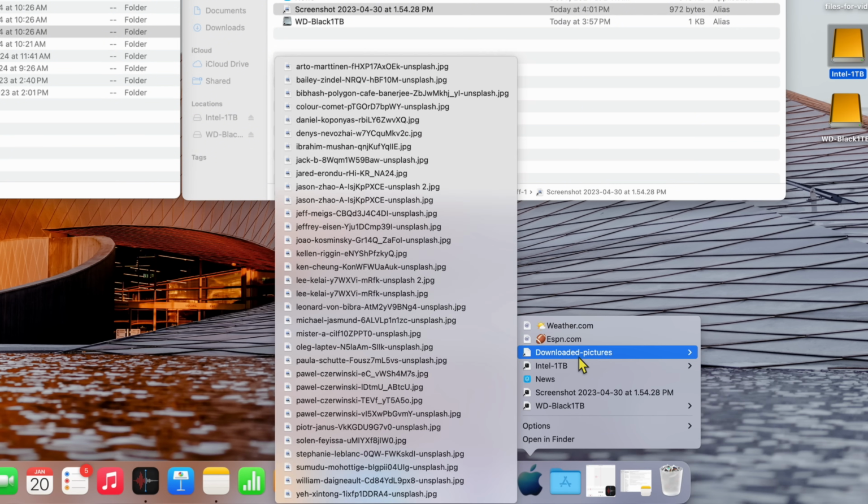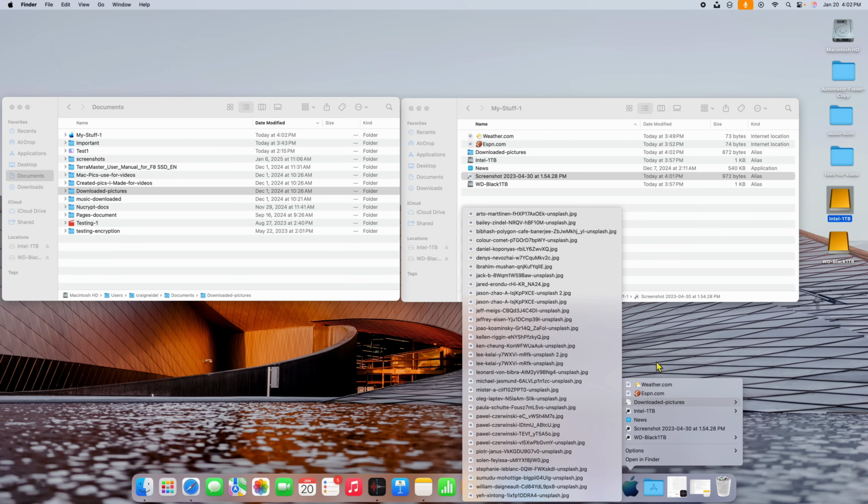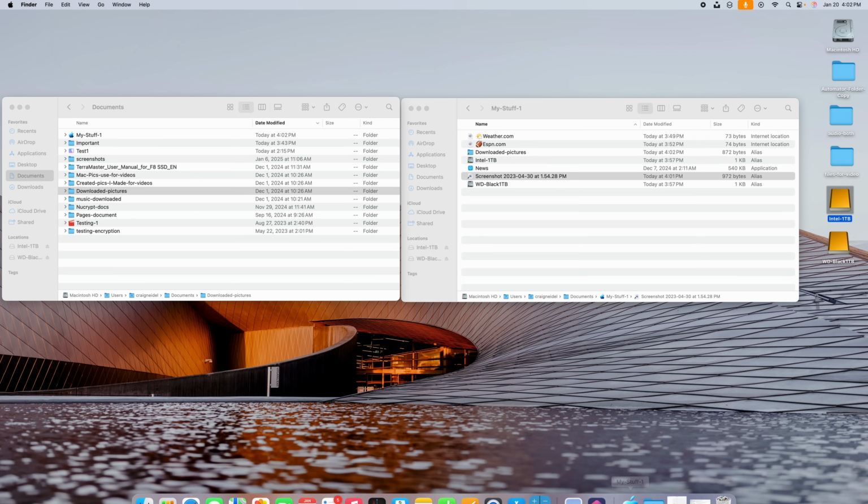Now it's got that little caret. See it? The caret's there. And now I can get to any of the files inside that directory. And the beauty of this thing is if I was to go in here and delete this whole directory, it's not going to remove those files, obviously, or remove this downloaded pictures directory, because this